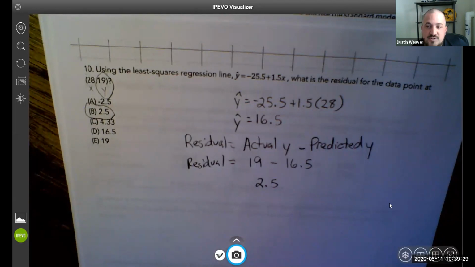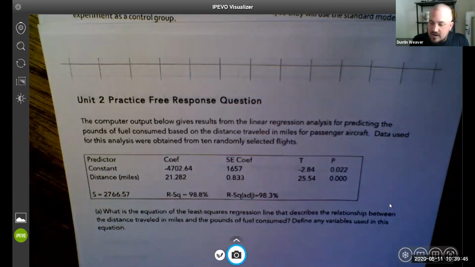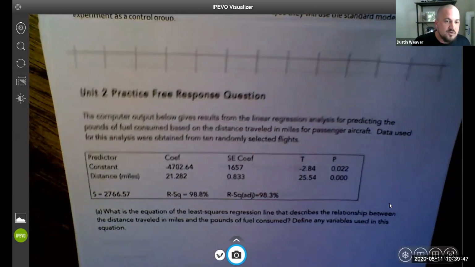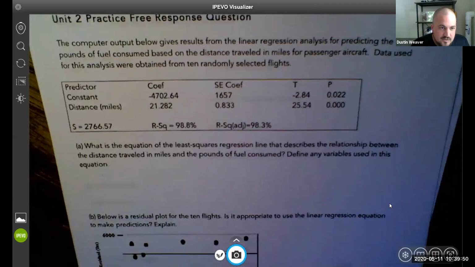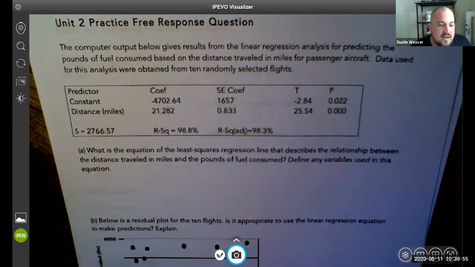Another thing they can ask on the exam is your interpretation. So you need to look at your interpretations of slope. You need to look at how you describe the data and things like that. So that takes us through the multiple choice. And so let's go now to the Unit 2 practice free response question. So if we go to that question, there's an A, B, and a C here on the Unit 2 practice free response. So if you'll turn your page or turn on the StatsMedic site to that next question,